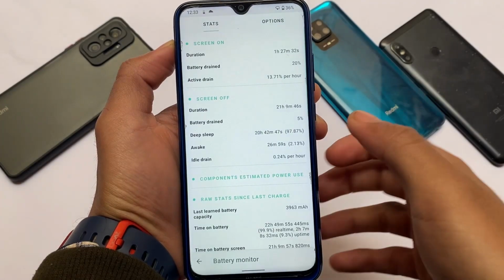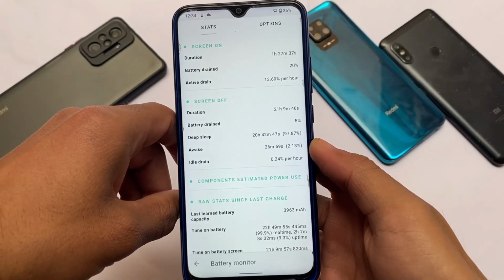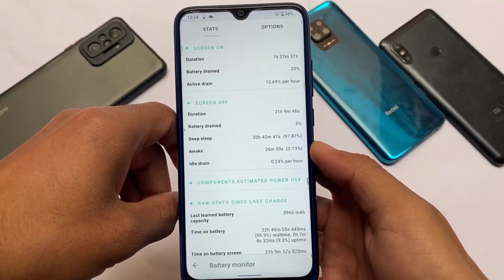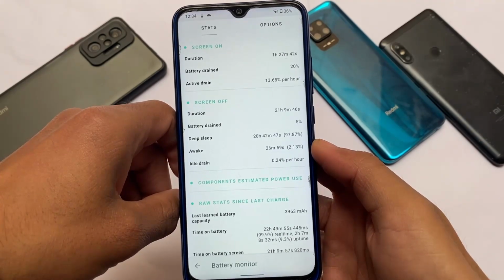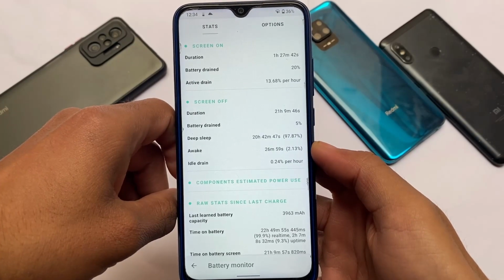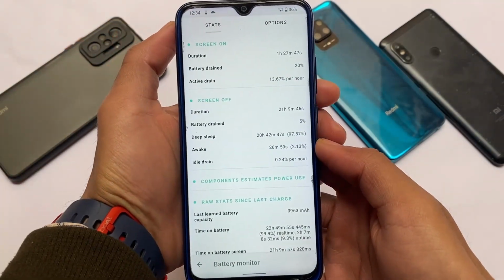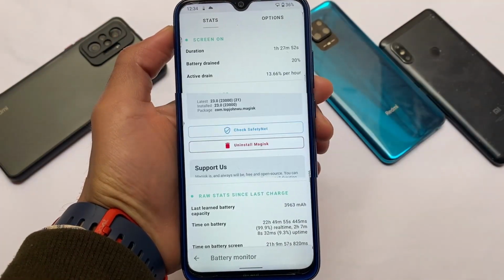Very interesting. Although battery backup seems to be decent, it's not that good, I think so. It's just my opinion. 13% per hour approximately, sometimes 13, sometimes 12, sometimes 15. So normal battery backup, or maybe a little bit less, which I was expecting. But yes, good performance. You need to compromise a little bit with the battery stats for now.